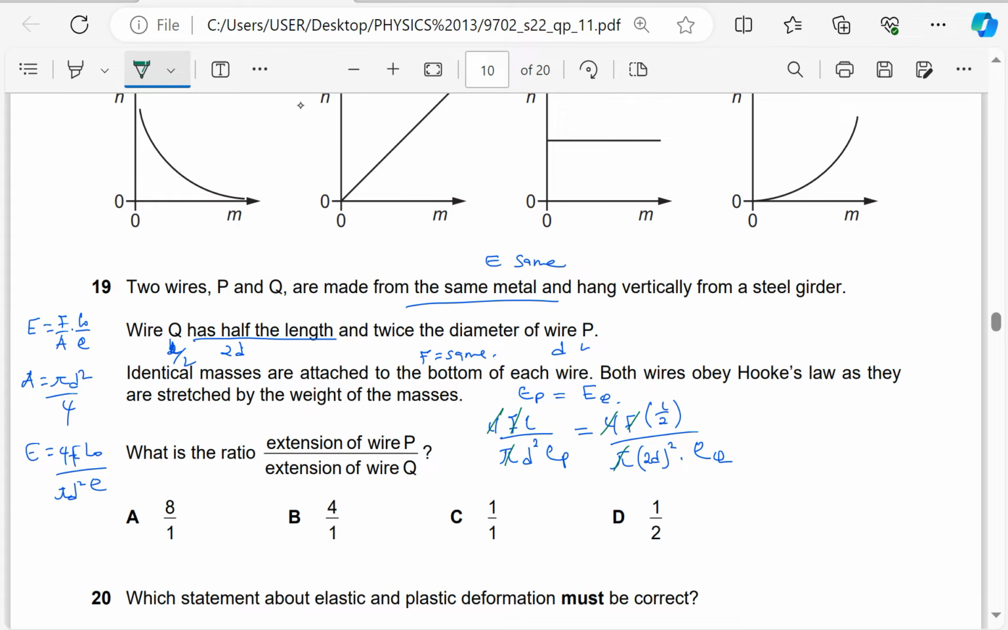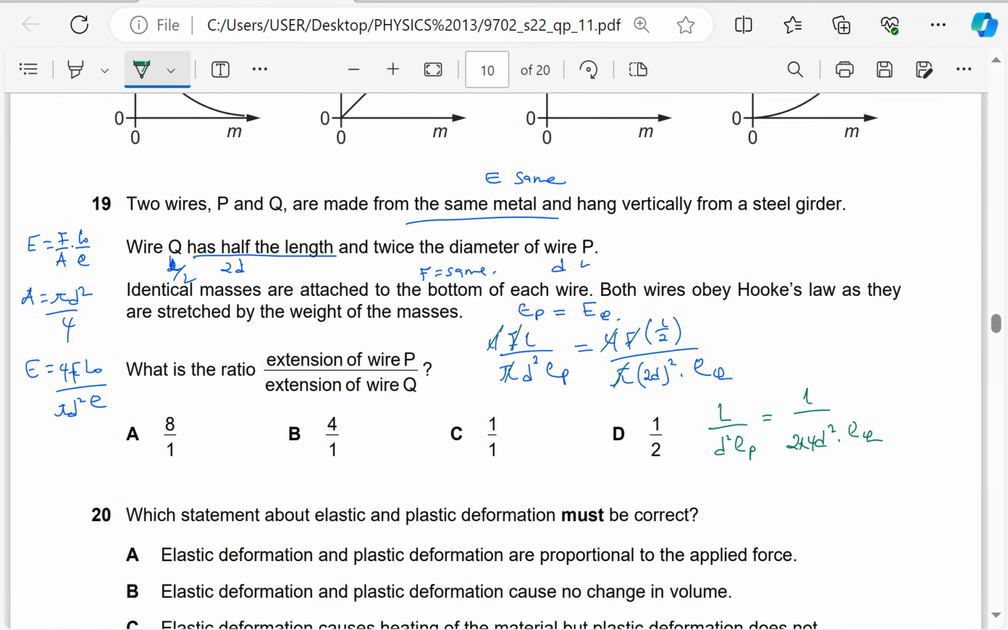When I simplify this, I have L divided by d squared EP. The 2 has gone down, and when I square 2d, it becomes 4d squared, and there is a 2 on top which goes down, so it becomes L divided by 2 times 4d squared times EQ. So L cancels out. I'm just cross multiplying, but leaving the EQ at the bottom. So I have 8 d squared